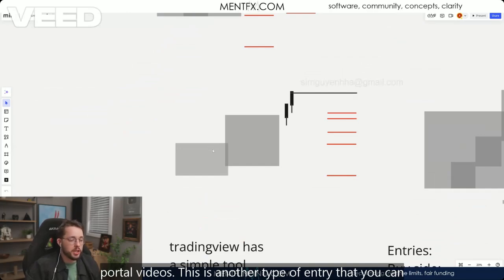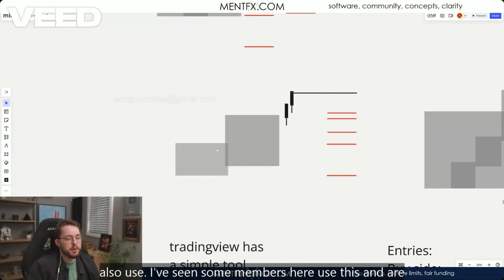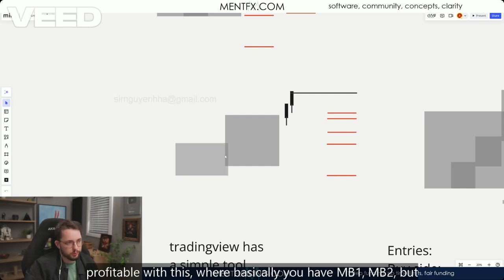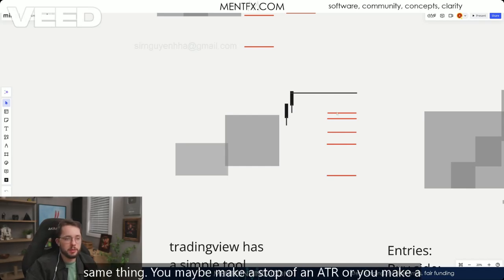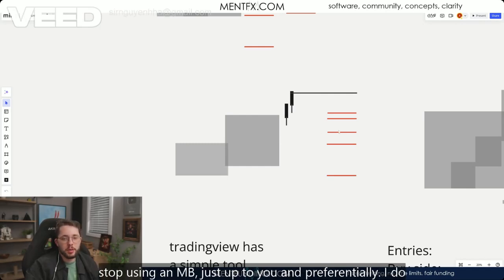This is another type of entry that you can also use. I've seen some members here use this and are profitable with this, where basically you have MB1, MB2, but nonetheless, you still wait. You wait for it to start actually moving, and then you enter. And then you have the same thing. You maybe make a stop with an ATR, or you make a stop using an MB, just up to you